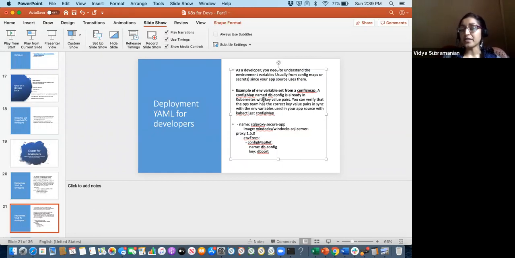Also, the example from an environment variable perspective is from a config map. Let's say DB config is already in Kubernetes. That will all be set through key value pairs. So for example, if you look at a sample here, this has the proxy and the environment from and the config map key value pair called out.